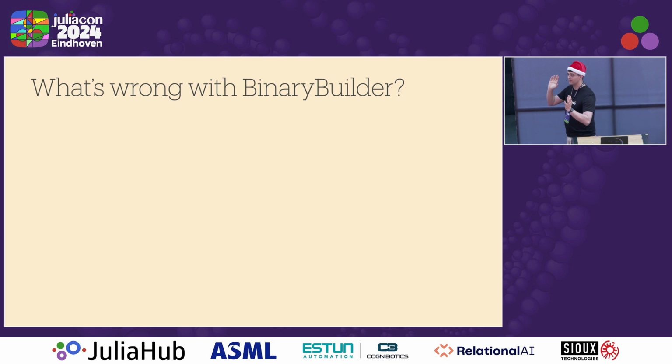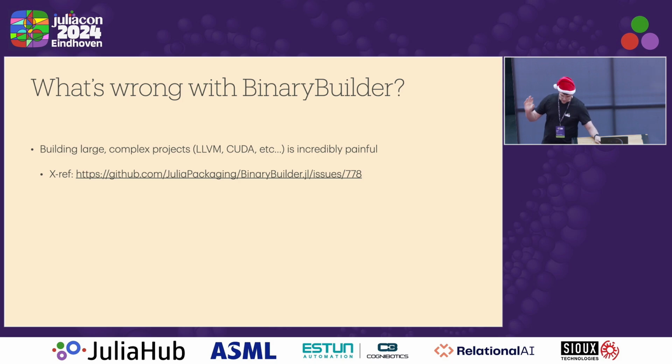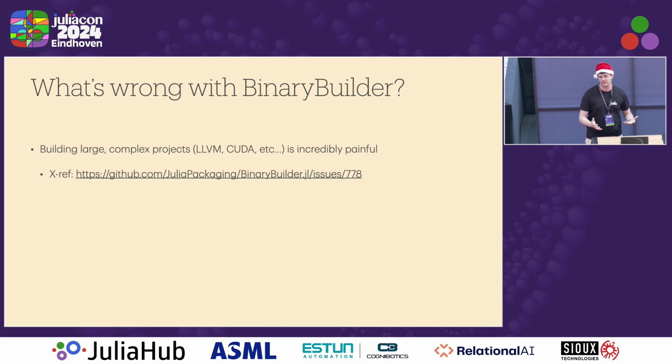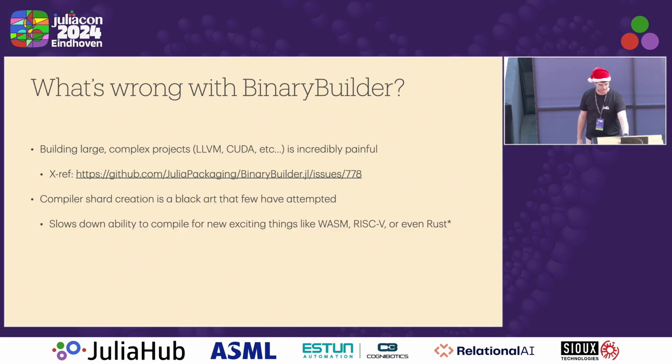OK, so let's start with what was wrong with BinaryBuilder itself. One of the big pain points, especially for our intrepid Yggdrasil maintainers, is that large projects like LLVM, CUDA, etc., have these torturous build cycles where we build some large project, we save that as a temporary JLL, we then use that as the input to a further build process that splits it apart into separate pieces. We have to make sure that the version numbers match across all these different pieces. If one piece fails, then we have to do all of the things over again so that the version numbers match across the entire thing. It's just a huge mess, and it's cataloged in this issue that's been open for literally years.